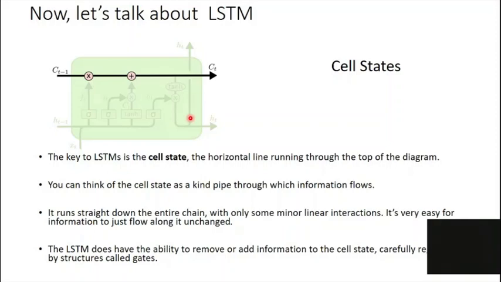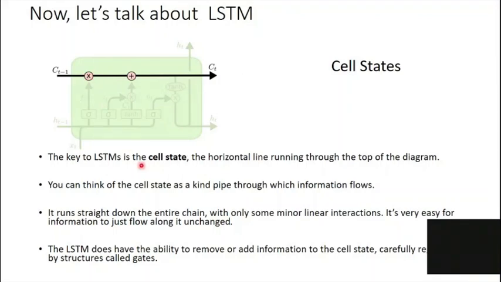Right, so we will start initially with the idea of cell states. If you remember, this is the other input that we have got together with h of t minus 1. C of t minus 1 is the second input. This is actually like a pipeline of memories. You can see this flows from one cell to the next, and you can control what new memory should be added to this particular vector and what memories should be removed. So all that can be controlled using the forget valve very easily.